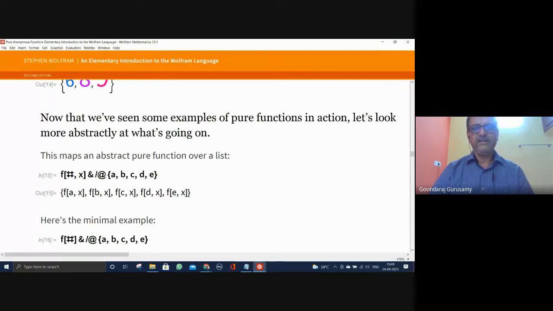Okay, now that we have seen some examples of the Q function in action, let us look more abstractly at what is going on. This maps an abstract Q function over a list.